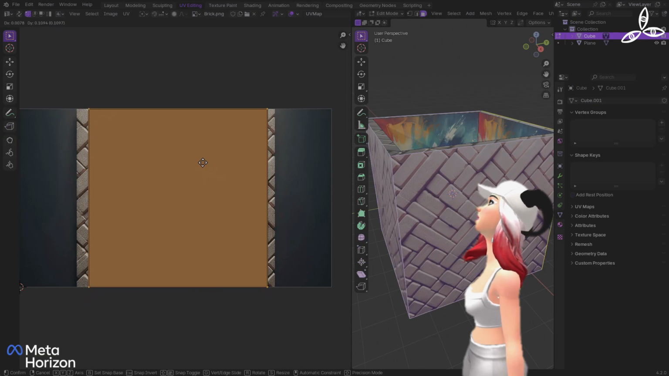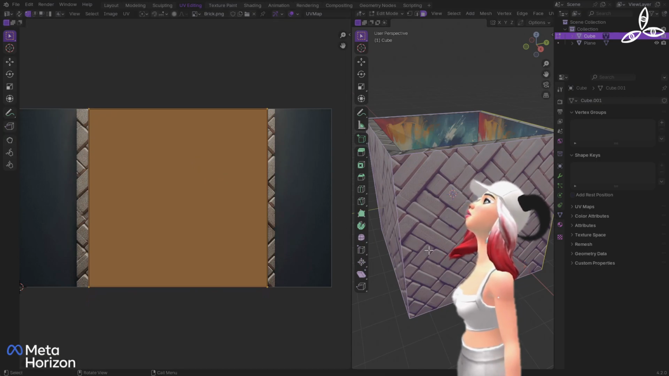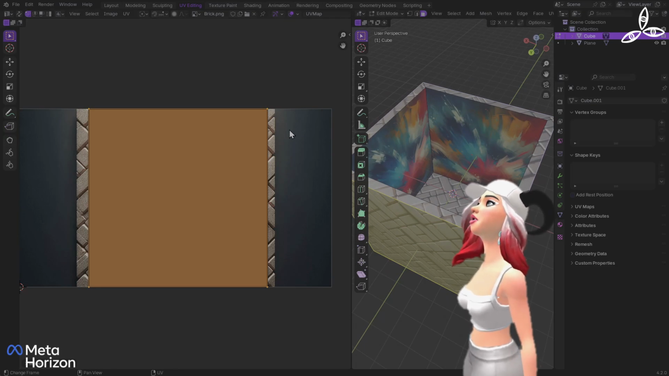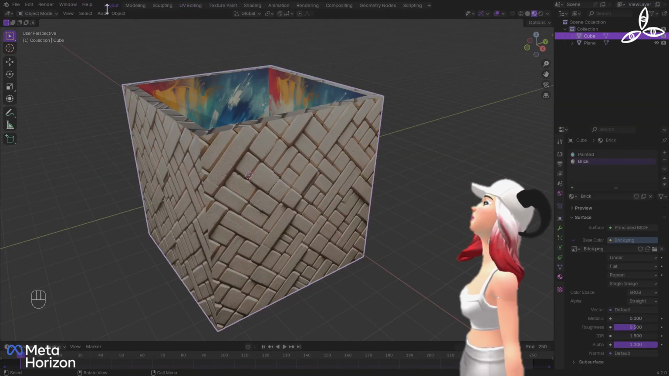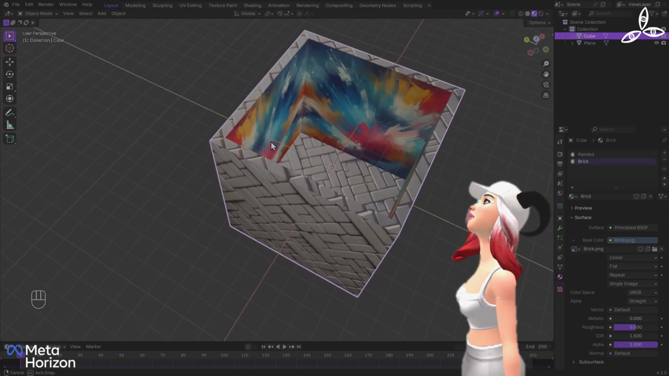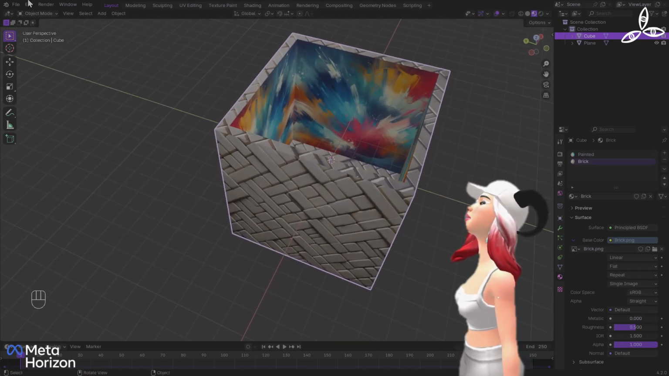So I'm just squaring that up a bit there. That seems about right. So we've now UV mapped those bits as well. That's wonderful. So we'll come back to layout. And that's now done. So very simply, what we're going to do is